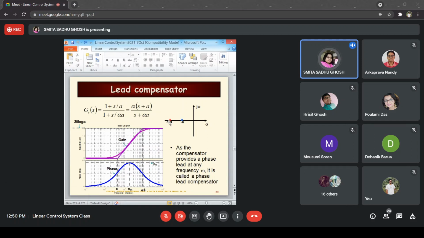So minus alpha a would be further away from the imaginary axis compared to minus a. So this requirement is very, very important: alpha is greater than 1, right? So for this particular compensator, when alpha is greater than 1, the zero would be closer to your imaginary axis compared to the pole. In that case, the first thing that we are going to do is see the